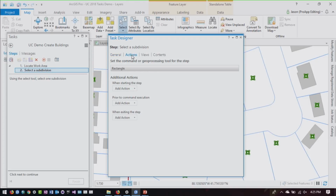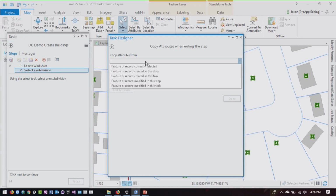Now, we have this set of actions here. As Amir pointed out, there are three times additional actions can happen within a step. When you start the step, meaning as soon as the step begins, certain actions can occur. Prior to command execution, so when you click the run button, if the run button is available, a whole bunch of actions will happen and then the command will be run. And then finally, when you exit the step, so when you click next step or finish, these actions will be run. So in this step, I want to copy attributes from a feature or record currently selected,